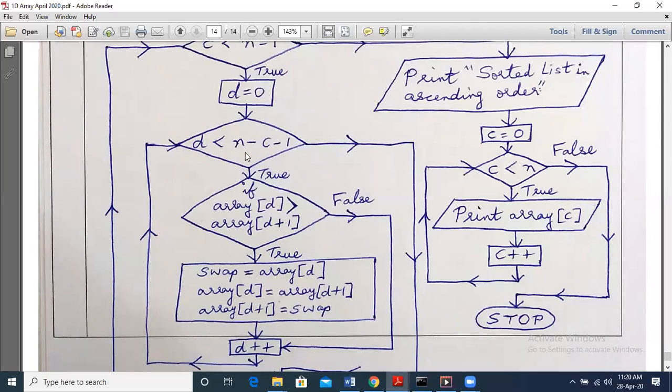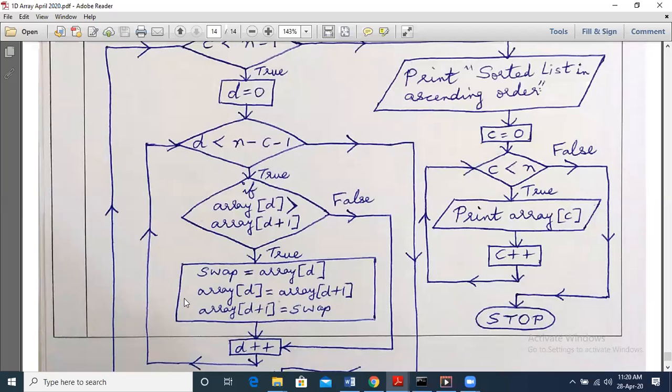At the end of each pass, the largest number settles in its position. So that is what we have seen. This continues in each pass. We compare many numbers, and every time if the first number is greater than the second number, we swap them, or else we continue. This continues till the end of the array, right?